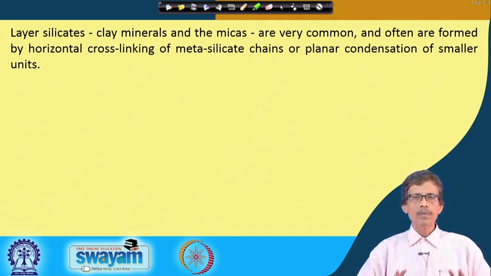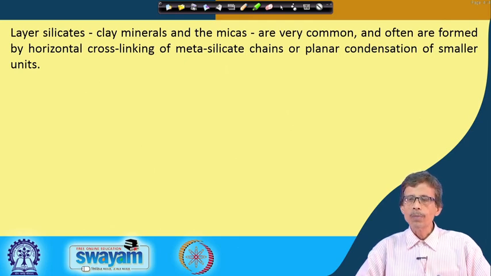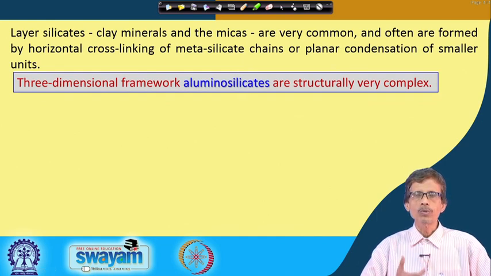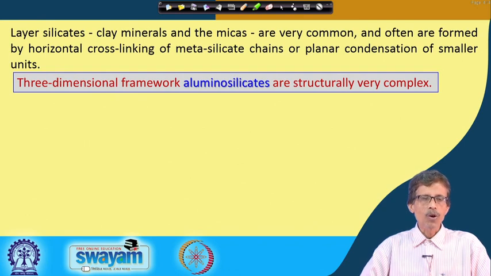Metasilicates are simply the condensation of 2 adjacent silicate units, giving rise to a dimeric unit where you have 2 silicon centers and 1 oxygen less compared to 2 into 4, that means 8 oxygen centers. Because one of the oxygen centers is lost during the aggregation or condensation between the 2 silicate centers. And you can also have the planar condensation of smaller units. So, the smaller units get condensed and we get different types of structures, starting from your layer